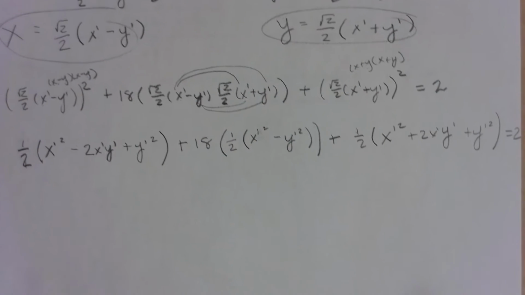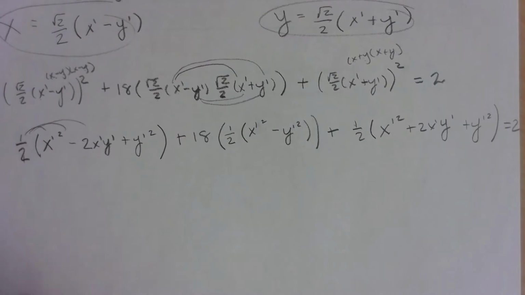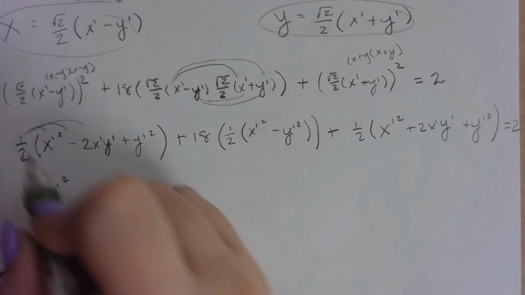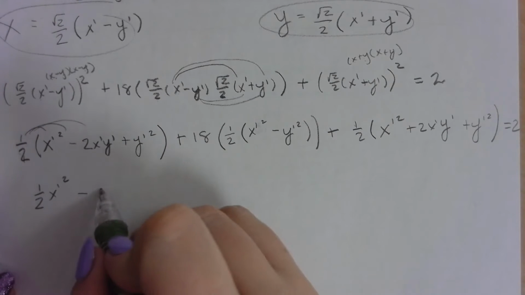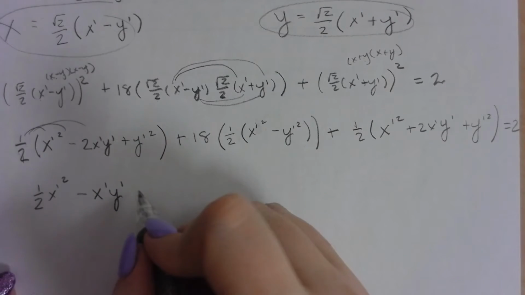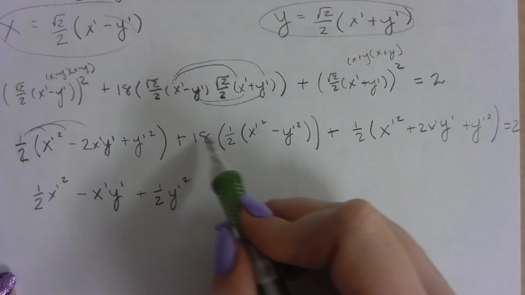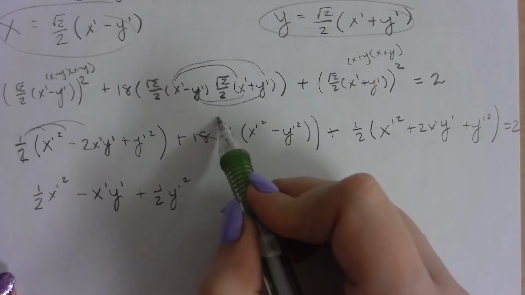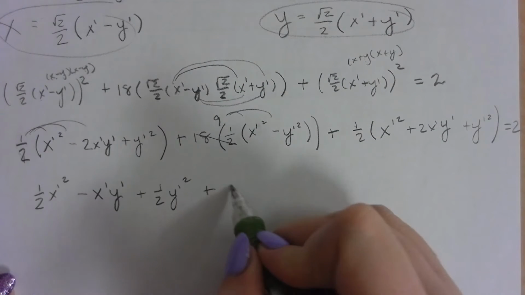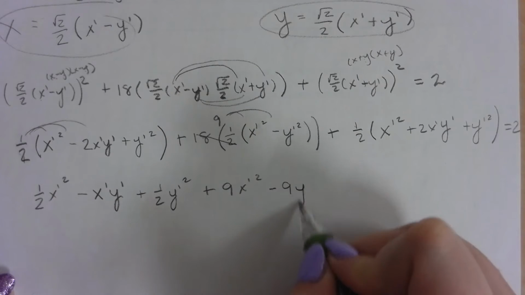Okay, so now we need to start distributing and combining like terms. So we're going to distribute this 1/2 in. So we have 1/2 x prime squared. 1/2 times negative 2 would be negative 1, so negative 1xy. And then 1/2 times y squared would be 1/2 y prime squared. Then we have 18 times a half, which is really just 9. So we're going to then distribute in the 9. So that gives us plus 9x prime squared minus 9y prime squared